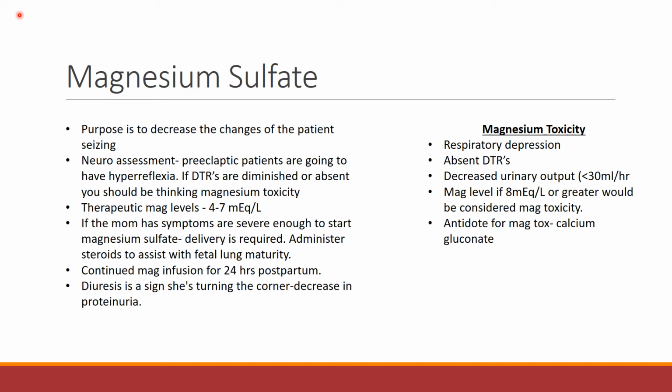And so you have to monitor that very closely when you have these moms that are on MAG. Therapeutic magnesium level range is anywhere between 4 and 7 milliequivalents per liter. Typically, it depends on your facility, but a lot of times moms that are on magnesium sulfate for hypertension or preeclampsia, they're monitoring their serum MAG levels very closely, at least every 4 hours,